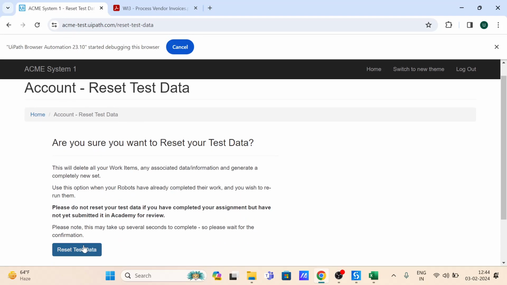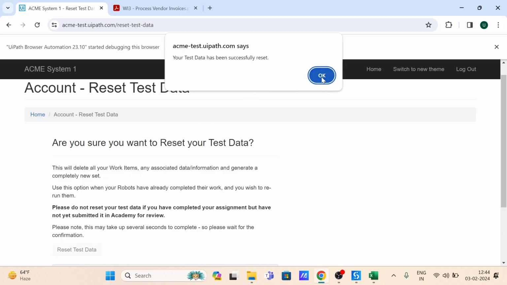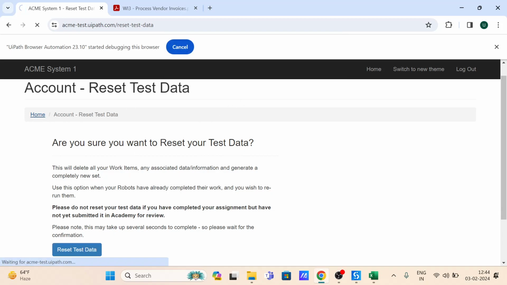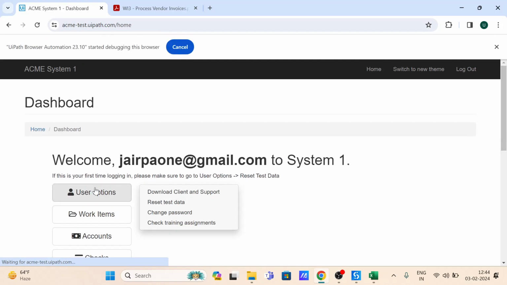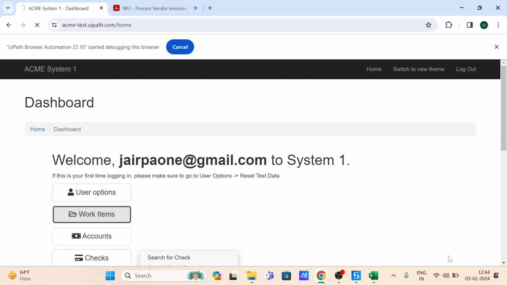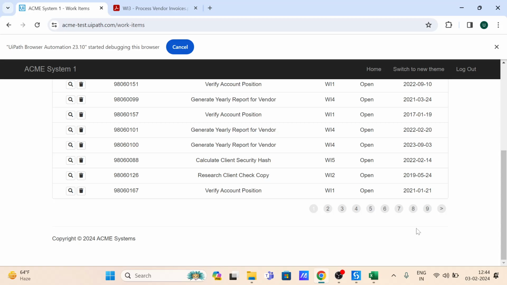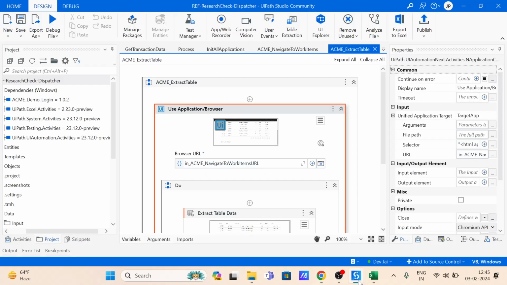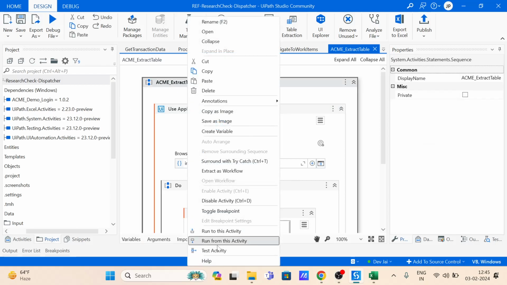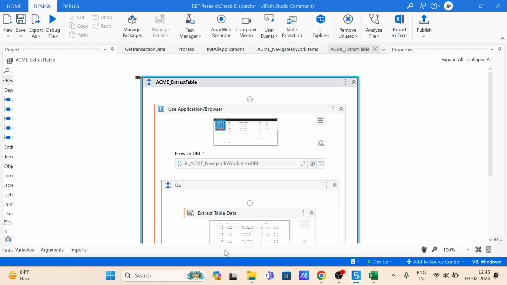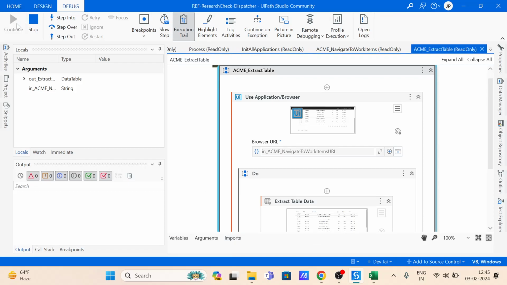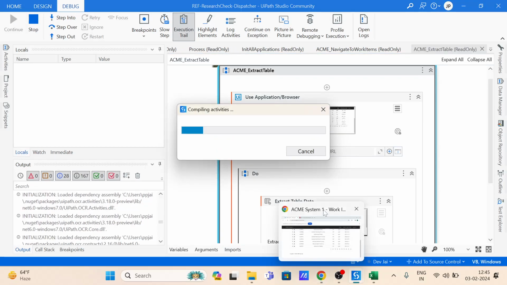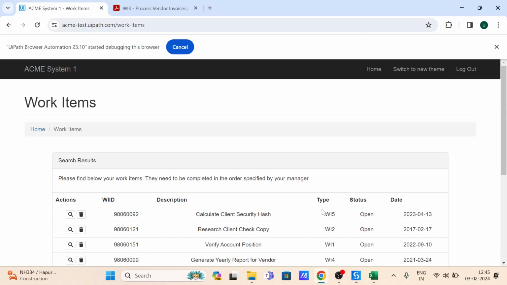लेट्स डू वन थिंग, टेस्ट रीसेट टेस्ट डेटा, ओके, टेस्ट डेटा वो रीसेट, होम, go to again the work items now. अब यहाँ पे कुछ पेजेस आई गेस चेंज हुए होंगे ना, यहाँ पे 9 आ गए, एंड हमने वहाँ क्या 10 रखा था, बट वी मेड इट डायनामिक. So let's do one thing, let's quickly run this part now. I haven't changed my settings, मैंने change नहीं की है settings, ठीक है? Let's run this part, देखते हैं क्या आता है।